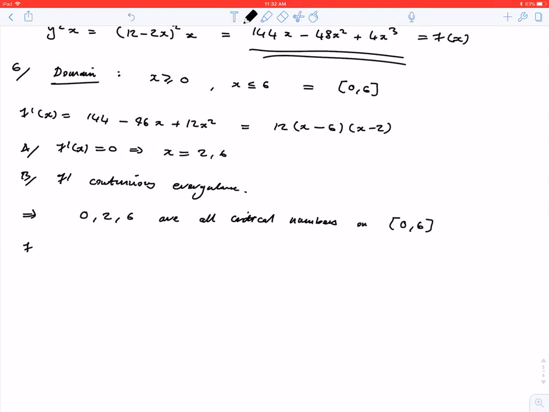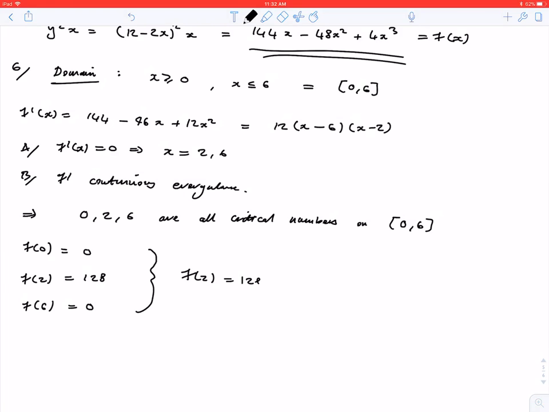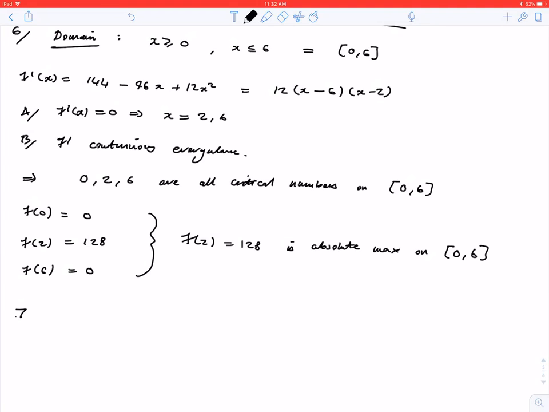So now I just need to evaluate all of them. So f of 0 is equal to 0. Turns out that f of 2 is equal to 128, sorry. And it actually turns out, I hope this is correct, that f of 6 itself is equal to 0. So what does this tell you? This tells you that f of 2, which is 128, is an absolute max on the interval 0 to 6. So the conclusion is: